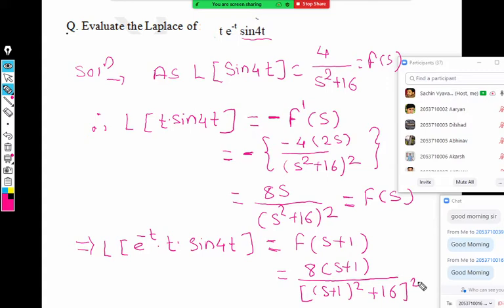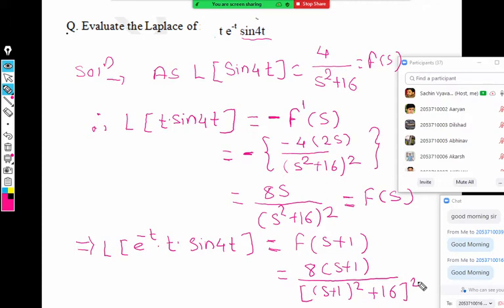So there are ways to observe the given function and see which properties we have to use. Hardly, we have to use shifting property, multiplication by t property, division by t property, derivative and integration. These 5 properties we have to use. Out of that, multiplication by t and division by t properties will never come together, because if there is a multiplication by t and division by t, that will cancel. Similarly, the Laplace of derivative and integration never comes together.